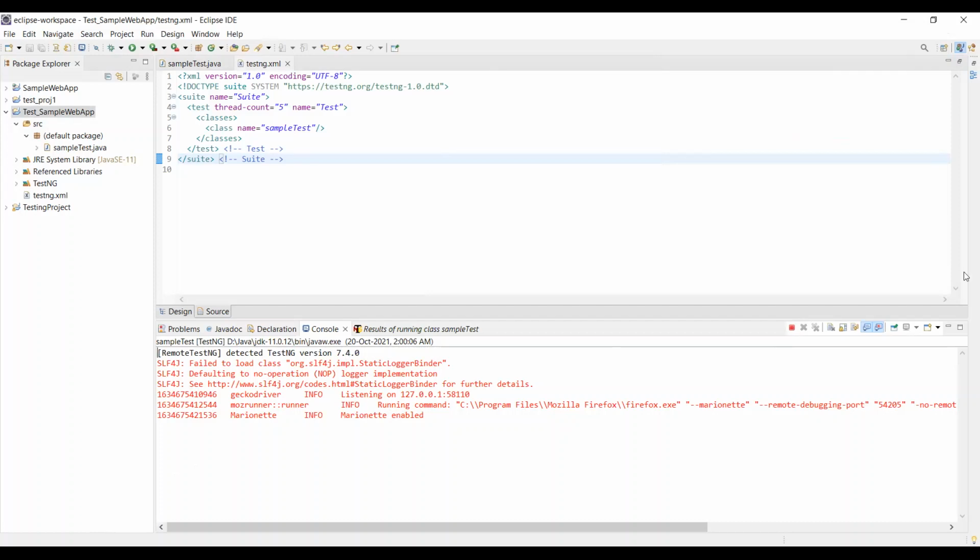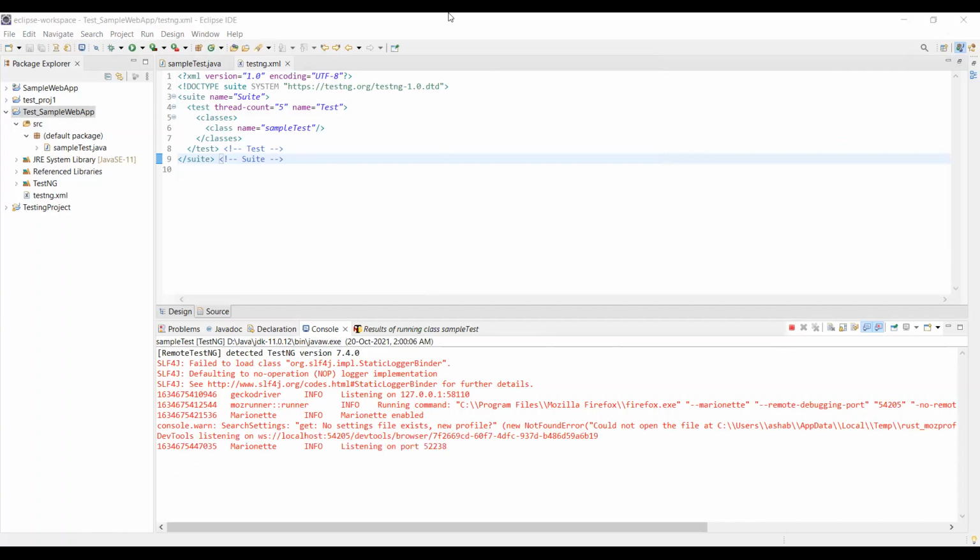Since this is being executed for the first time, it will take some time to execute. You can see that Firefox is being opened. Once the Firefox window is opened, you can see that it has visited the website over here.